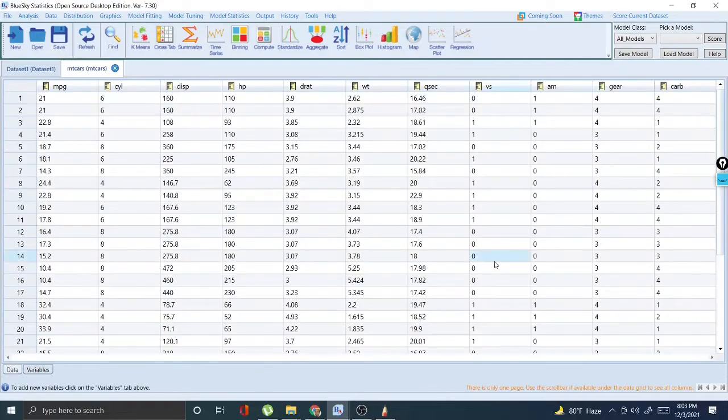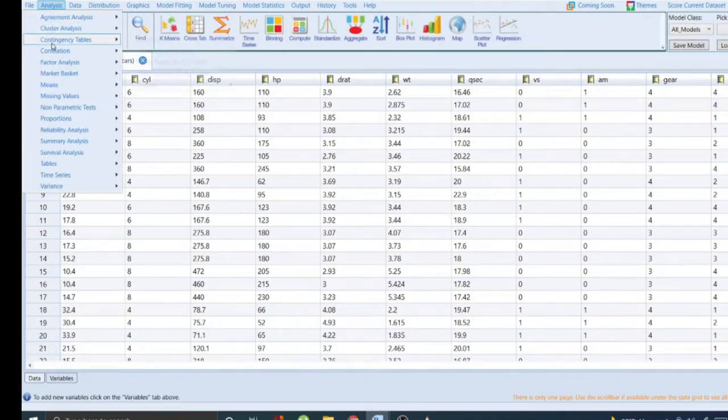Now to find out about a data set, and what data we're talking about, let's talk about the mileage. So the question was what kind of car mileage we are having, using the car mileage, or mpg, and hp the horsepower, and wt is the weight in the data set. So if we would like to see the horsepower, weight and the mtcars data set using the mileage per gallon, what we have to do, just go to the analysis, and you will see here that the analysis part has a different option,